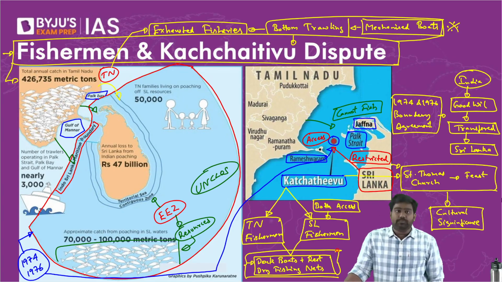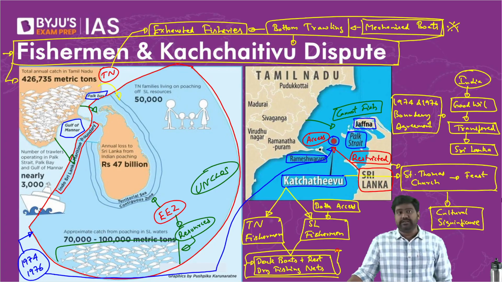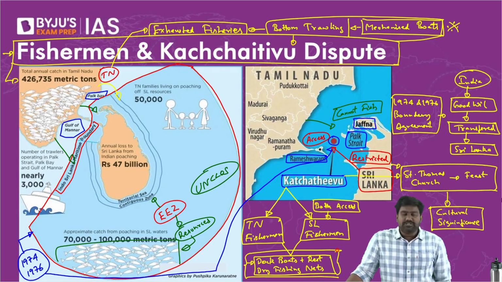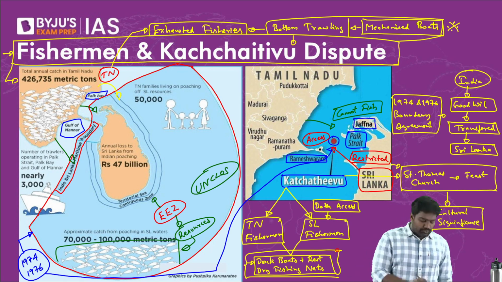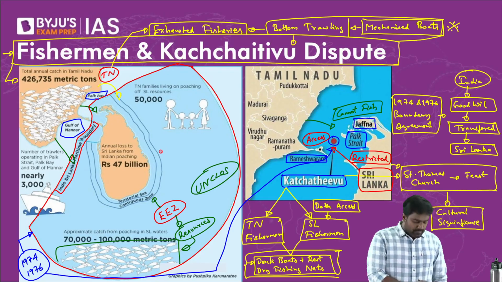Not just access, they're prohibited under international law. They can't fish in Sri Lankan waters. That would be India's mistake. The mistake would be on the part of Tamil Nadu fishermen, right? So they would still cross over because their livelihoods were at risk as fisheries weren't available on the Indian side. They would frequently cross over and fish in Sri Lankan waters, right? Because of both these issues, regular clashes and issues came up.